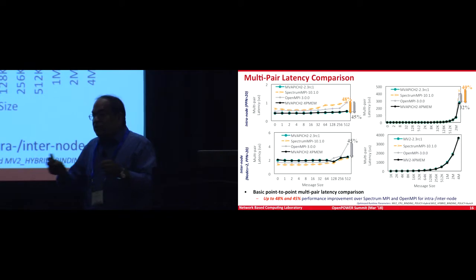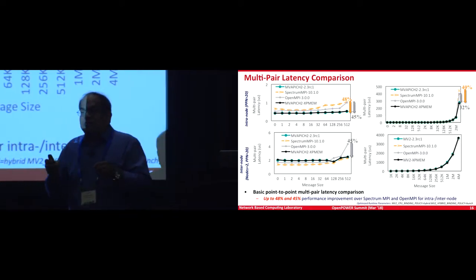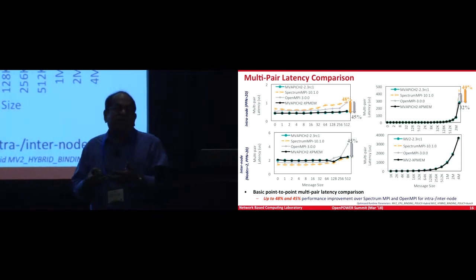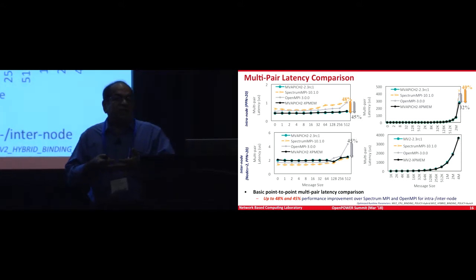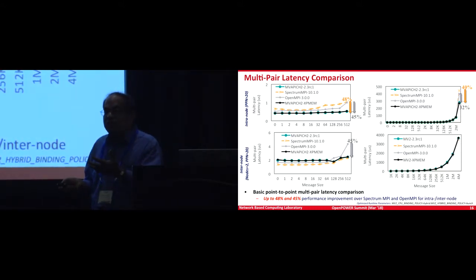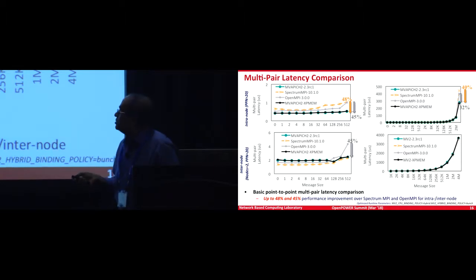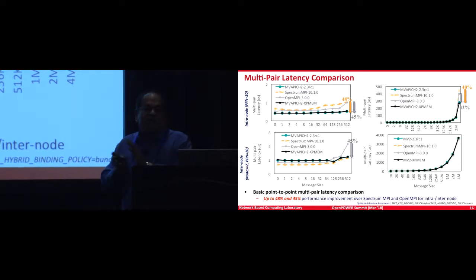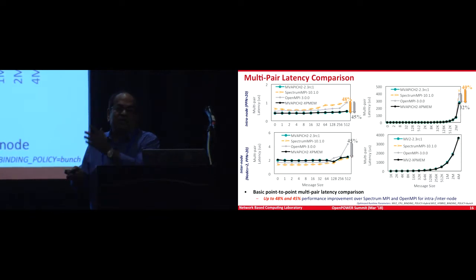Now that is only point to point, but that is not always sufficient, because when jobs are running, multi-pair communication also matters many times. So this is multi-pair latency. This is part of the OSU micro-benchmarks. All these numbers you yourself should also be able to reproduce, since these are standard benchmarks. Since we have more cores here and more cores here, in a typical application multiple pair communication can happen at the same time. So this is what is being measured, multi-pair latency.